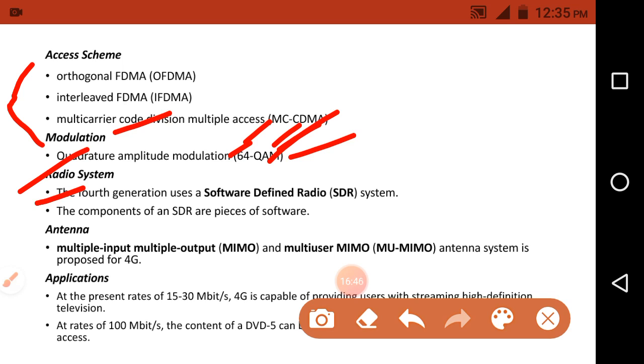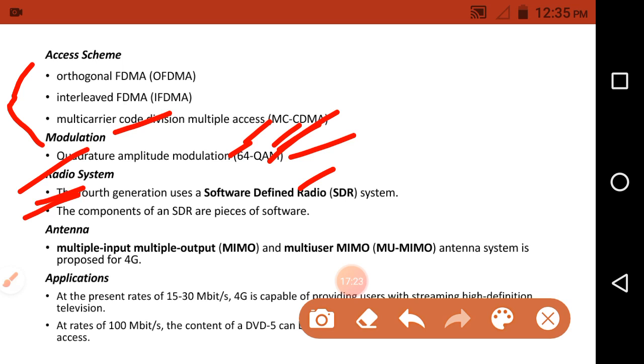The second point: the components of the SDR, the software defined radio system, are pieces of software. Here we use programs in this software defined radio system, and by using those programs we change the frequency. If you change the program, the frequency is automatically changed.